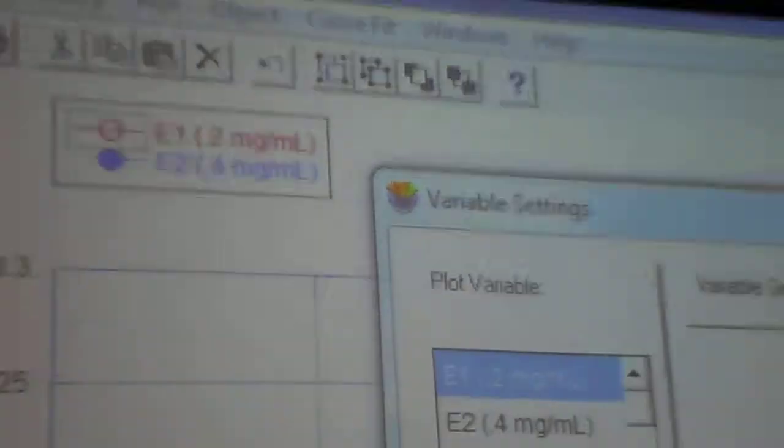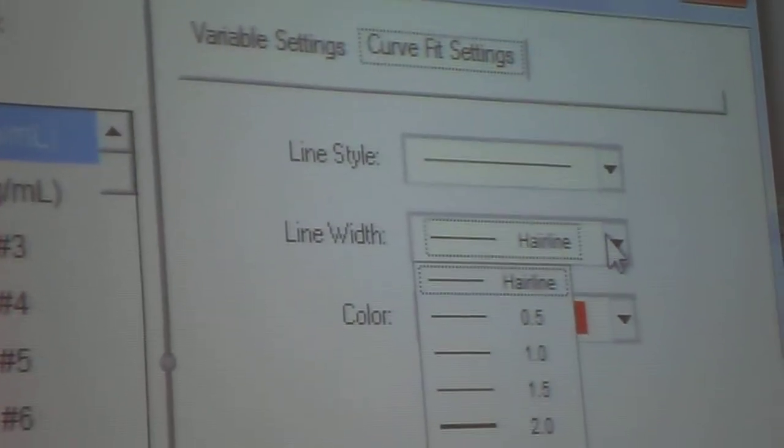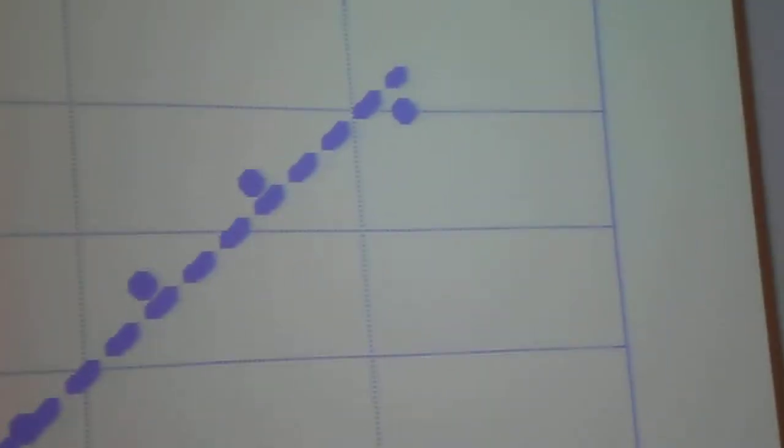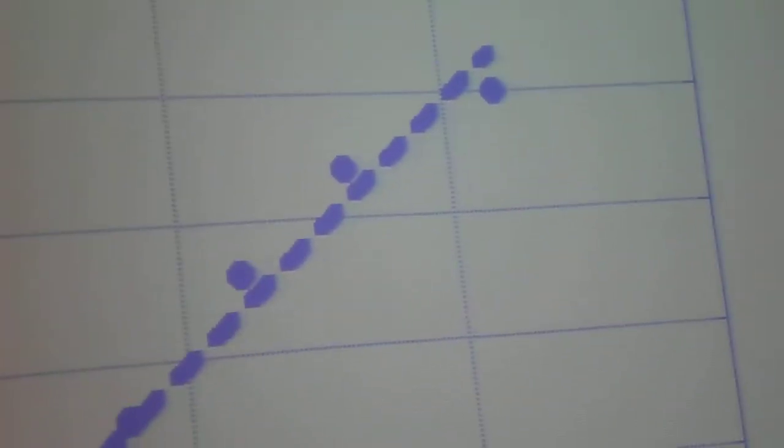So all you have to do is double click on the little legend again. Instead of going under the variable settings, go under curve fit settings. We don't want it to be a hairline. You want it to be nice and thick. If you want to ever do the dashed, you want it to be even thicker, okay? Oh, yeah, that'll work. And okay. See, now it's really thick, to where whenever you make this a really small graph, you'll still be able to see that. So you can play around. And now though, you can see, well, we can't really see the little